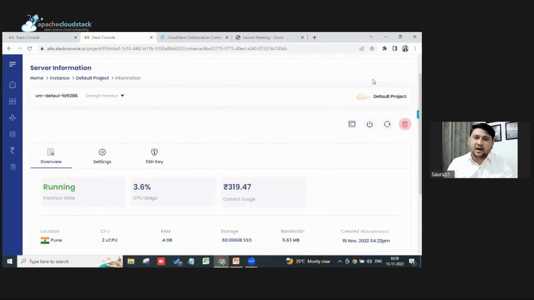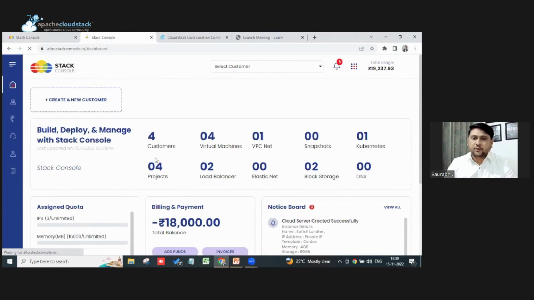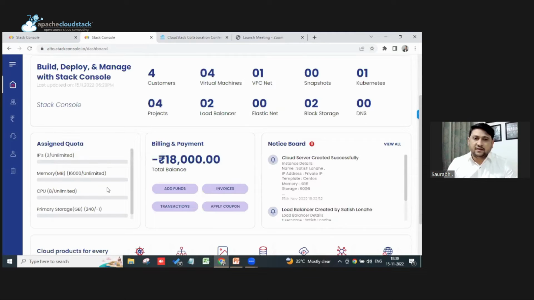Being a reseller, you can see all the stats of the services created by the customers. In the dashboard, you can see how many customers you have, how many projects you have, how many machines you have created, and so on. You can even assign quota to the reseller, such as this many IPs, this much of CPUs, or